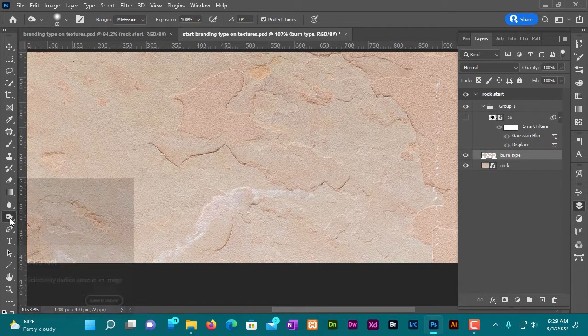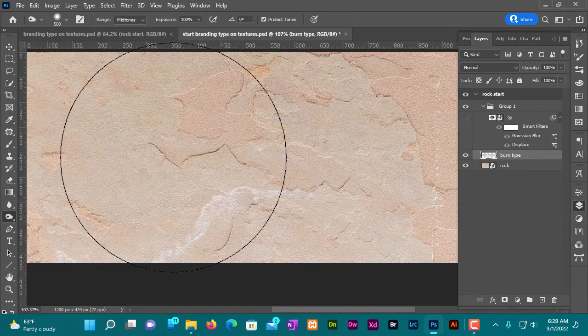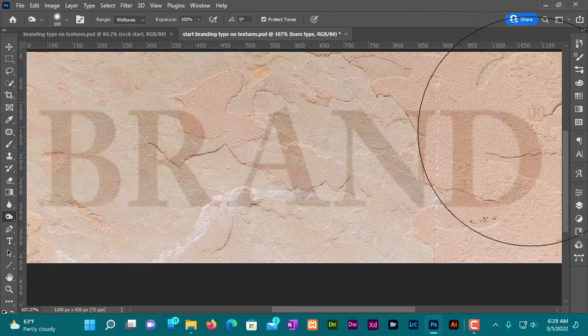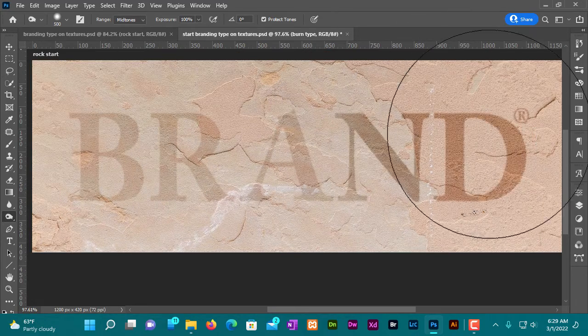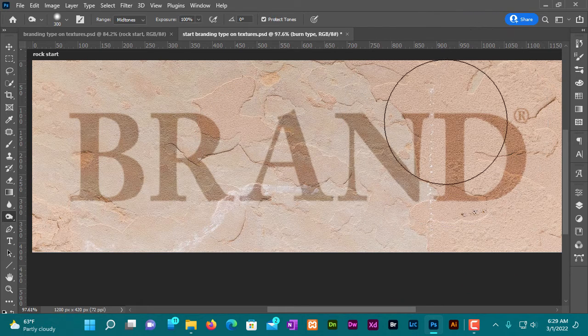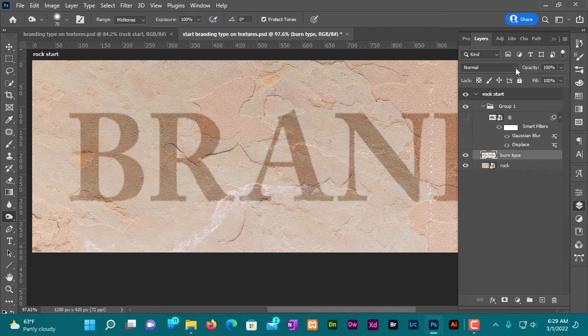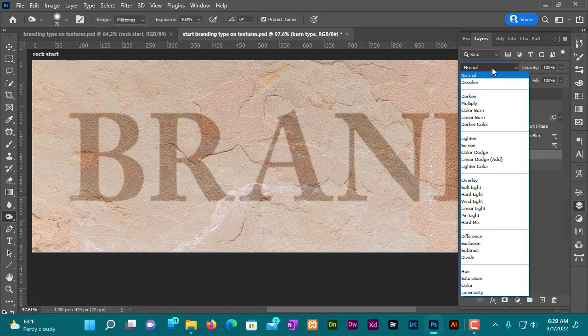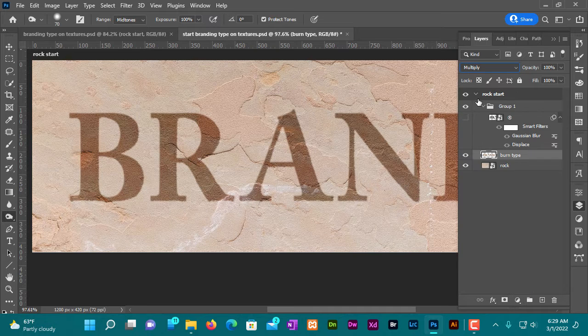Pick your burn tool, hit on the right bracket to make the size bigger, and brush over your text until you see such an effect. Go back to layers, change the blending mode to multiply, apply bevel and emboss, go to effects,